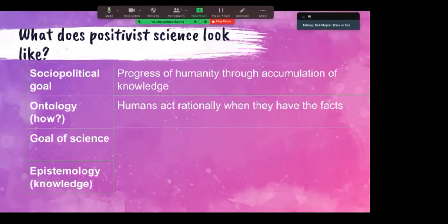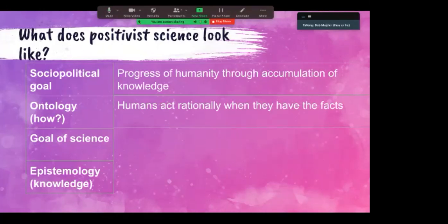Well, it makes assumptions that humans act rationally when they have the facts. That is an assumption of positivism. And so it's connected to the socio-political goal that if you give humans all the facts, then they will take it in. And this idea of rational choice acting, once humans have the facts, they will act in their best